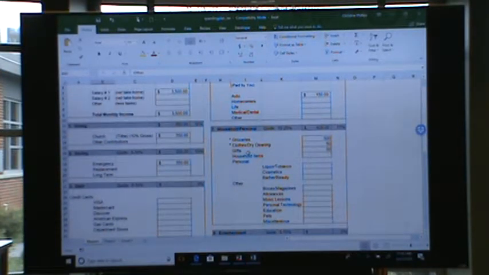Personal. So there's a line for household items. I'm going to skip this one. A lot of times these categories, it's really up to you how you want to define them. So we have probably quite a bit of household items that are covered under groceries. We actually call it house and garden. It's what we buy at Lowe's. It goes into our house and garden category versus what we buy at Kroger is in our grocery category.